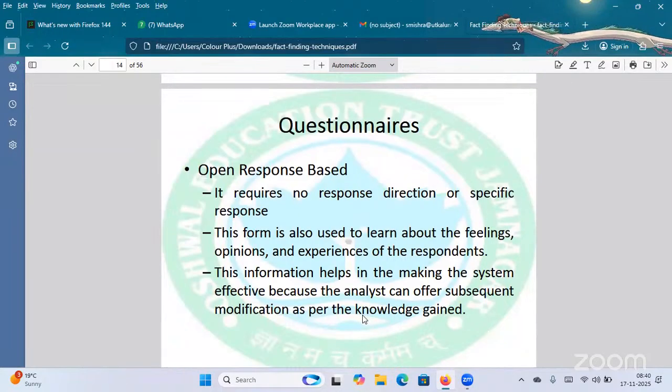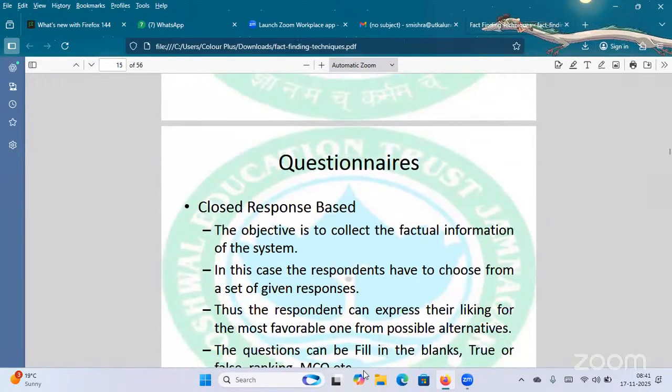So that is called the open response based. It is open to give their feelings, their knowledge, their answers in their own words. It helps in making the system effective, because it is a knowledge collection system. The stakeholders will give their suggestions for the betterment of the system. So that is the open response based